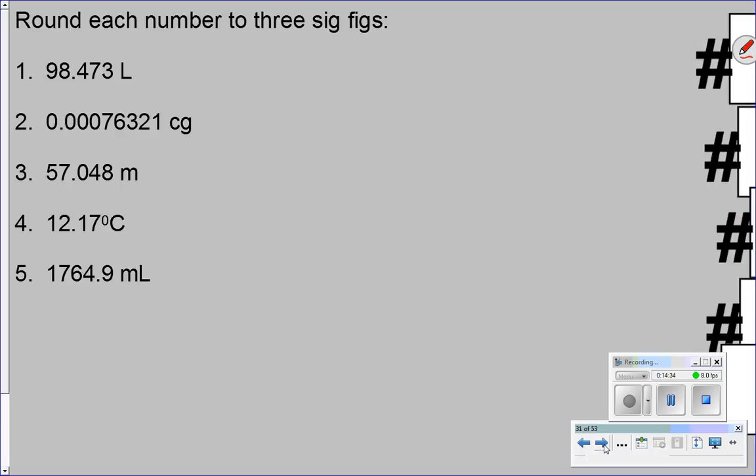You also have to be able to round to a specific number of significant figures. So for each of these, what you're going to do is you need 3 sig figs in each one. You could round to a different number of sig figs depending on what you need to do. This is just an exercise to practice that rounding. So in number 1, we know we got to keep the 9 and the 8, okay? So those are going to be our 3 sig figs right there. Because the number following the 4 is larger than 5, you follow your regular rounding rules, and this is going to round